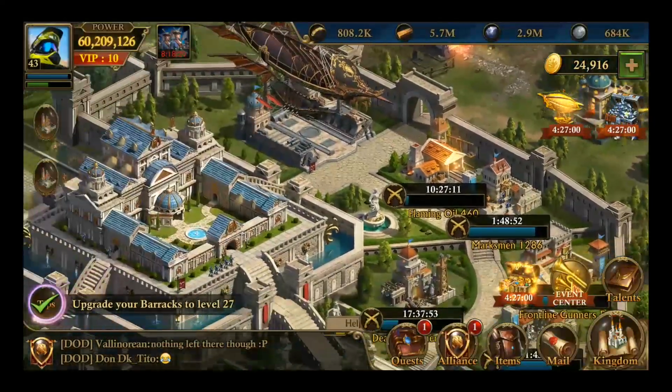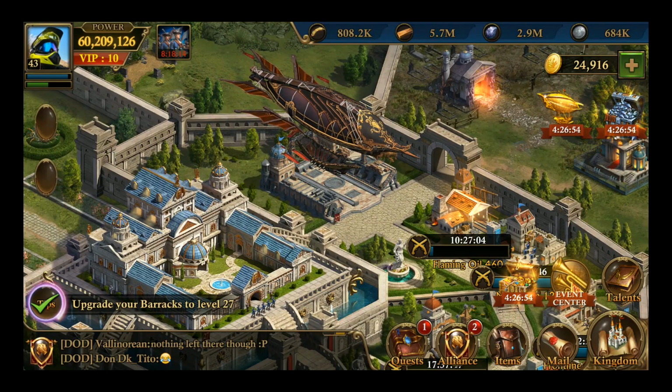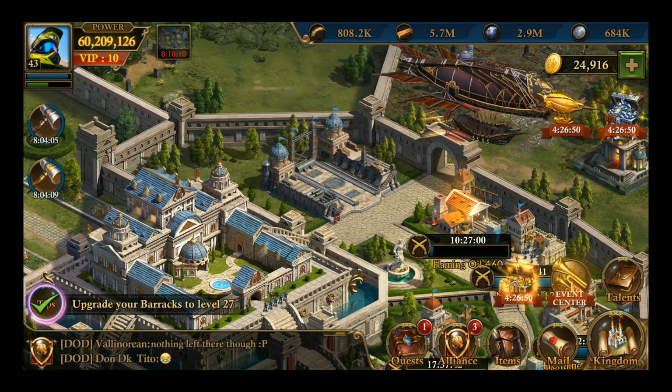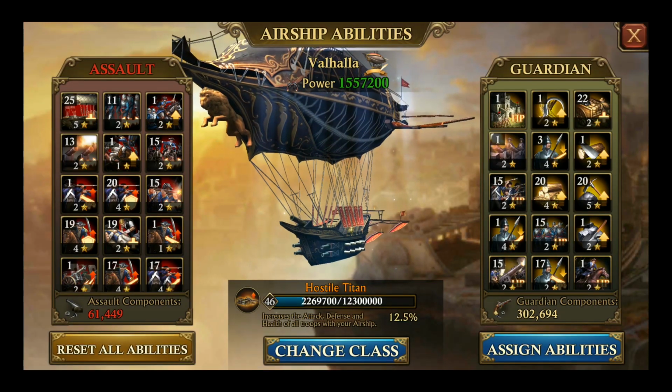So intensity gears are applied to your airship abilities. Your airship drop doesn't matter for this. None of your stats overall, other than your ability level and how many intensity gears you have, matters for this. So if you go to airship abilities, now you'll see